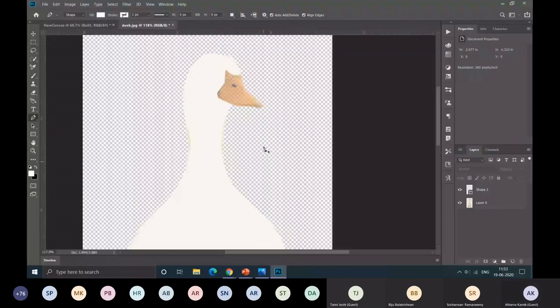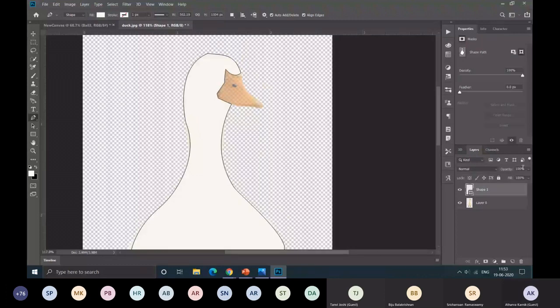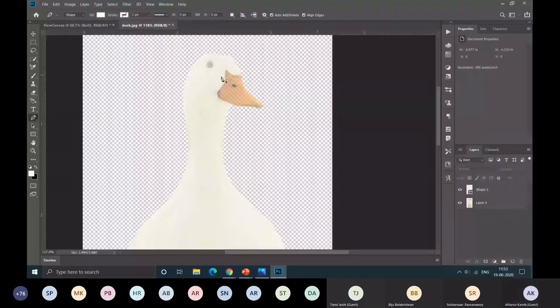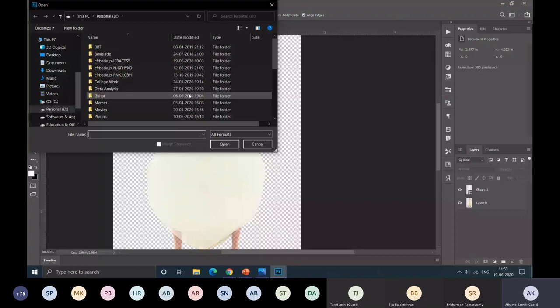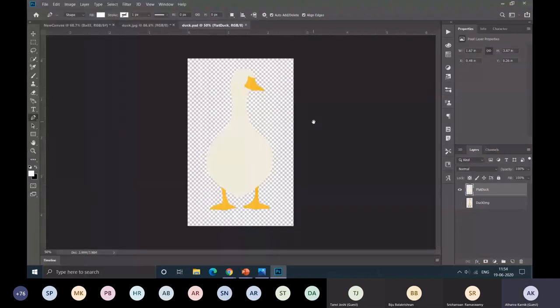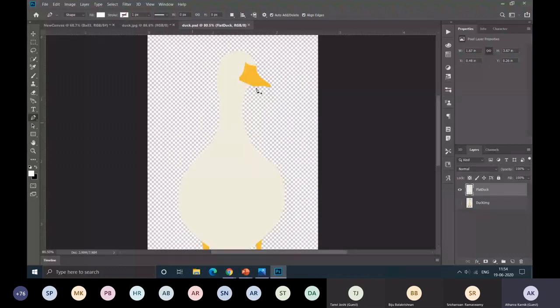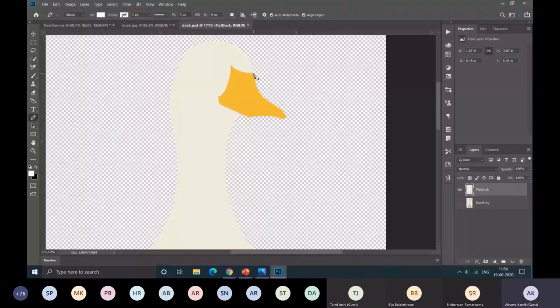I'll decrease the opacity. To save us some time, I have already designed the flat design, and you'll see how it looks. See, this is the flat design of the duck, of the same image. Now I'll be honest with you and say that the pen tool is not very easy to work with, and it requires some practice. But I can assure you that if you just practice with the pen tool for just 15 minutes, you can almost design any flat design from any internet images. It is a very easy tool, but it requires some practice.